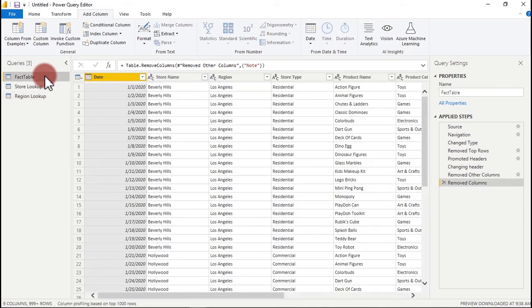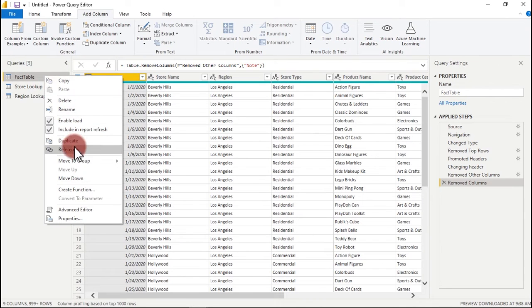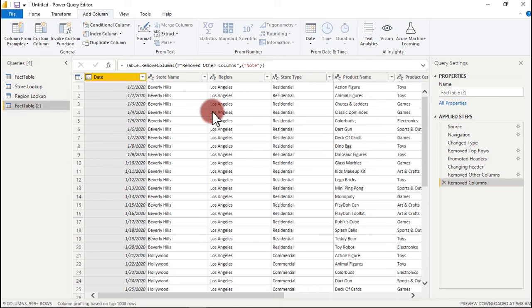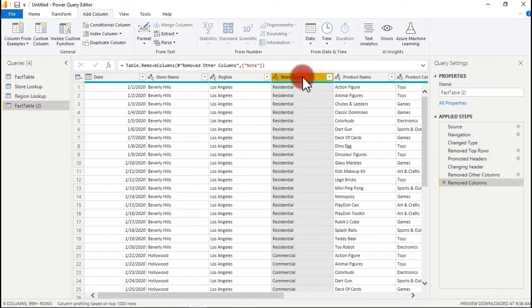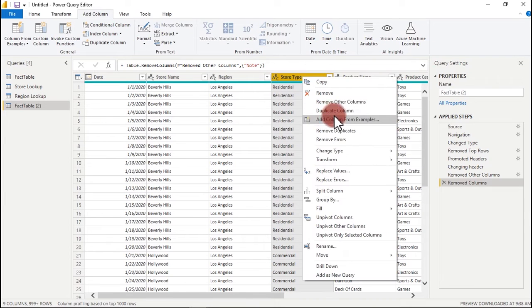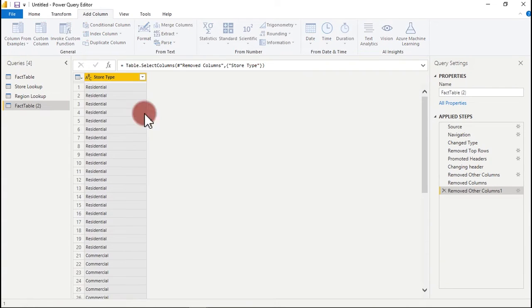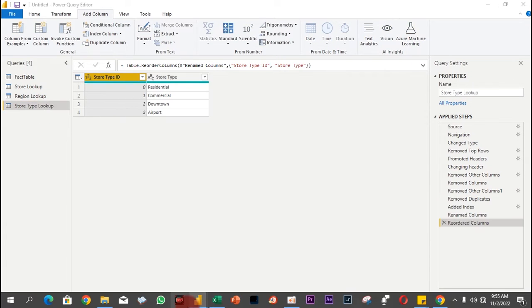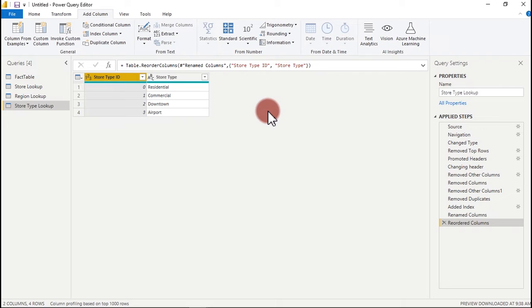Okay, I want to do one more of it. So we just have to go and duplicate. And once we have done that duplicate, the next thing is our store type. I want to right click and just say remove other columns, and double click on this part right here. Alright, right now we are ready to actually go into the